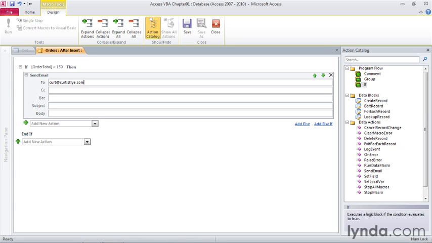this address here. Then I'll press the Tab key to move down to the subject line, and I'll type Offer Customer Discount. Press Tab to move to body, and I'll just type in something simple. Order more than $150, then 2 hyphens, offer customer a discount on future orders. That's there, and I can press Control S to save my work, and then on the Design Contextual tab, click